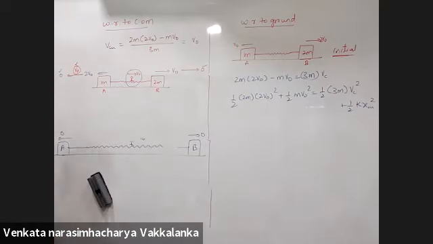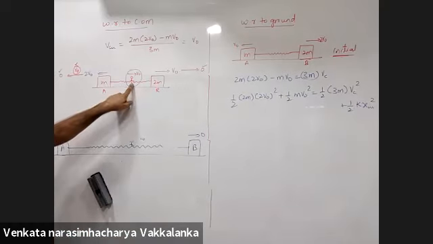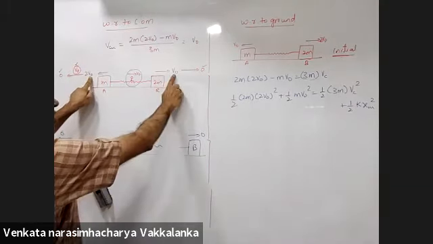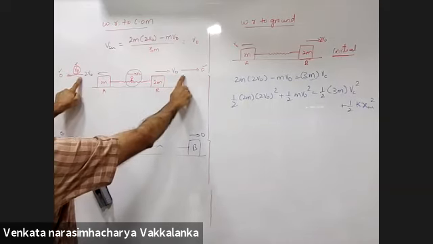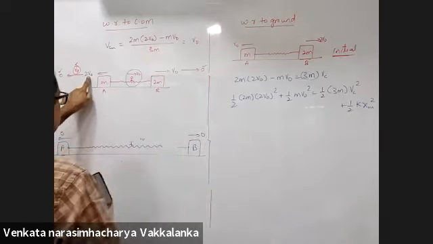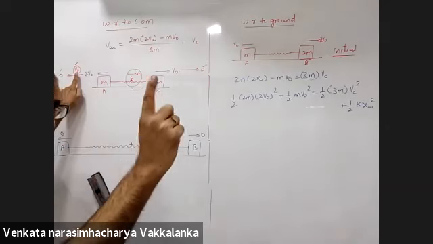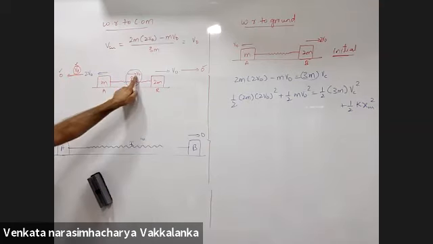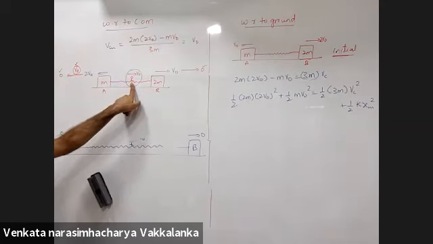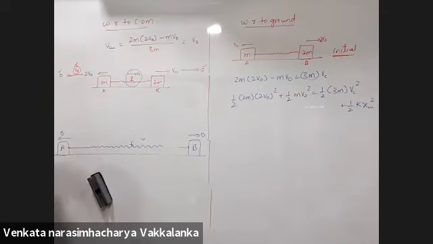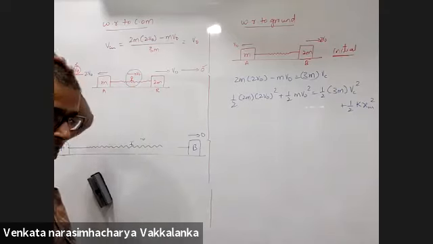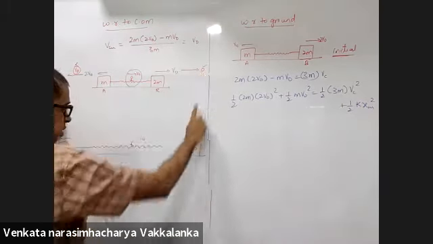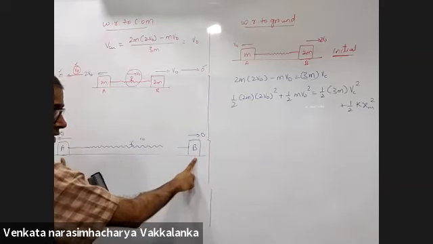Now listen. What will happen with respect to center of mass? Initially, the game started with this having 2 V naught, this having V naught. Slowly they were going, velocities were decreasing, 2 V naught came to V naught. We immediately caught the point and said A will be at rest with respect to ground because V naught is with respect to center of mass. So velocity of A with respect to center of mass plus velocity of center of mass with respect to ground became 0. Then finally both A and B came to rest. We said that was maximum elongation.